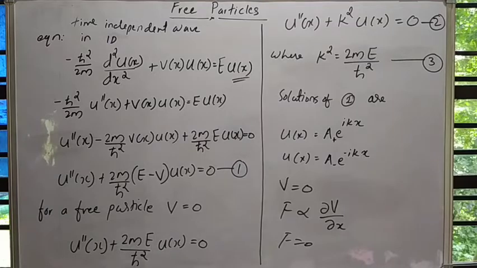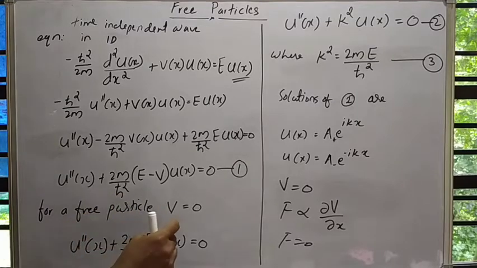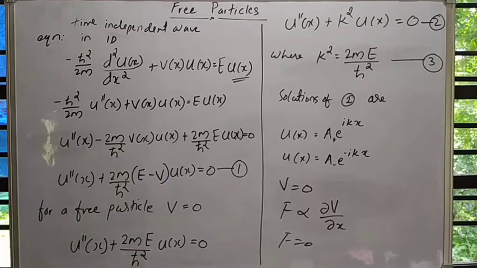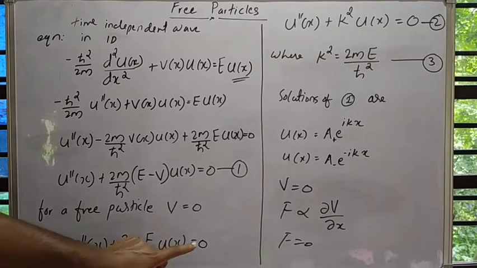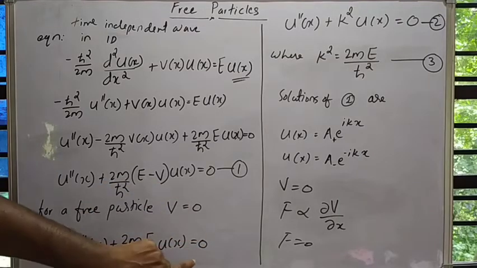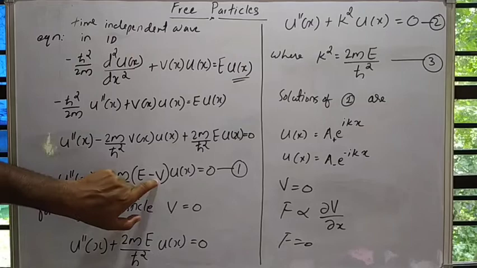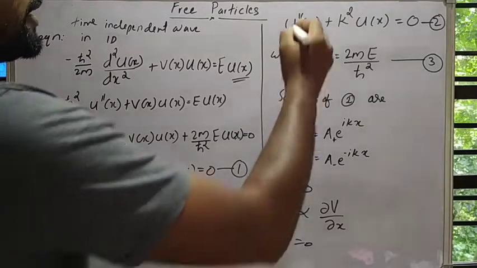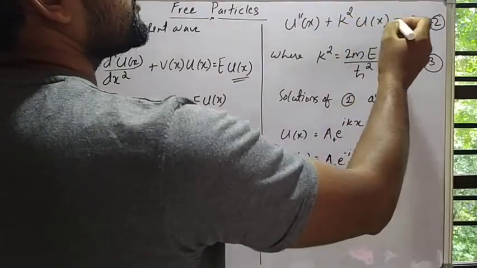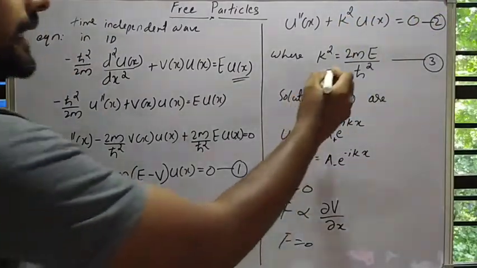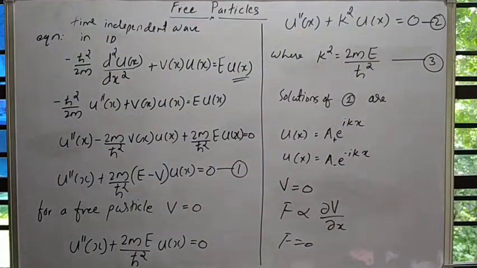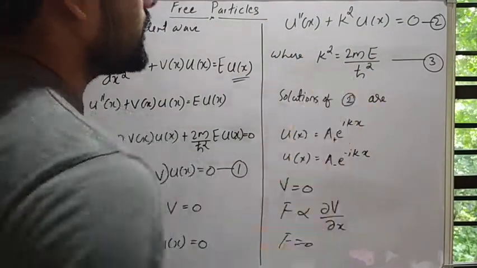Okay. For a free particle, the potential is equal to 0. Here we are assuming the potential is equal to 0, so the equation becomes u double dash of x plus 2mE over h bar square u of x equal to 0. So this equation becomes u double dash of x plus k square u of x is equal to 0, where k square equals 2mE over h bar square. Okay. And the solutions of equation 2 are